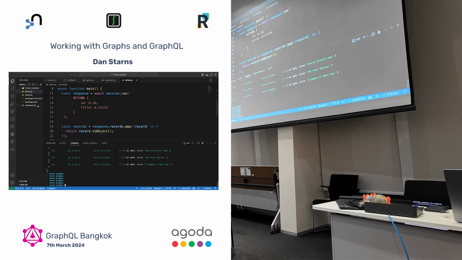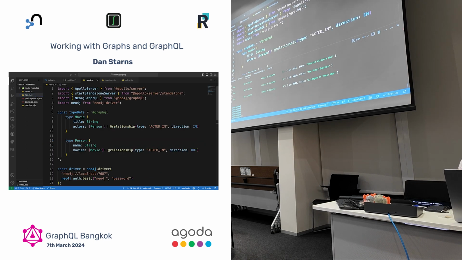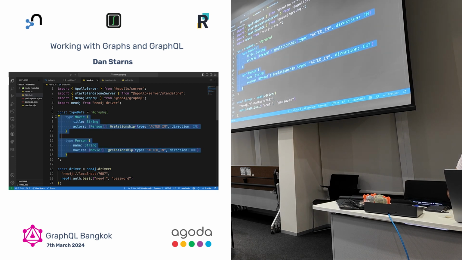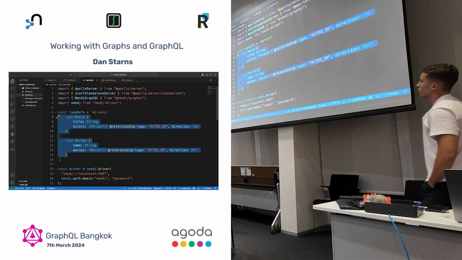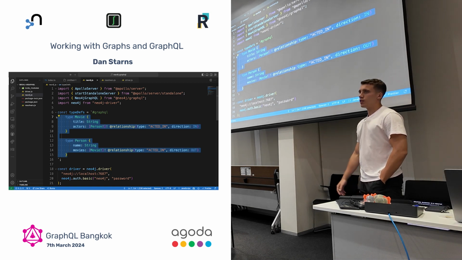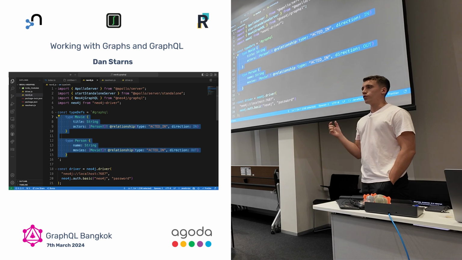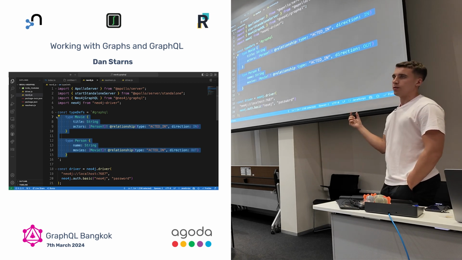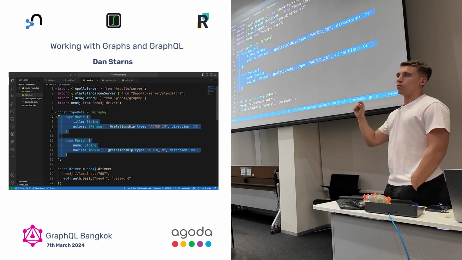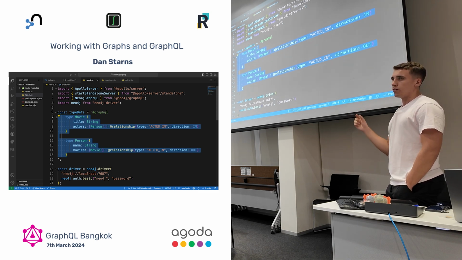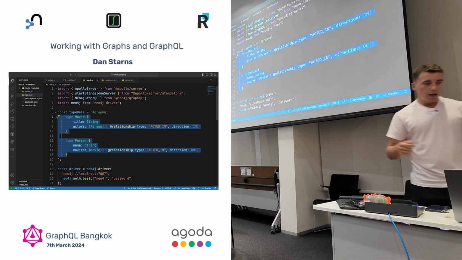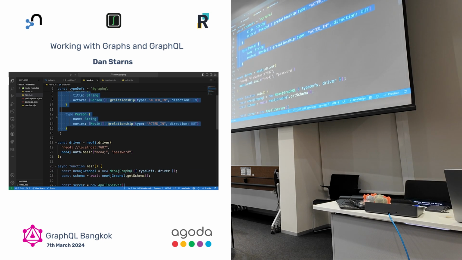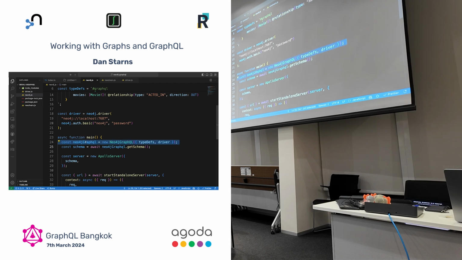The way that you get started is like this. You use GraphQL schema definition language, and you define your nodes as types. Then you use what's called a GraphQL directive, which is this @relationship, to annotate the core database relationship between those two nodes. Once you've done that, you construct your driver, and you pass both the type defs and the driver into the Neo4j GraphQL engine.